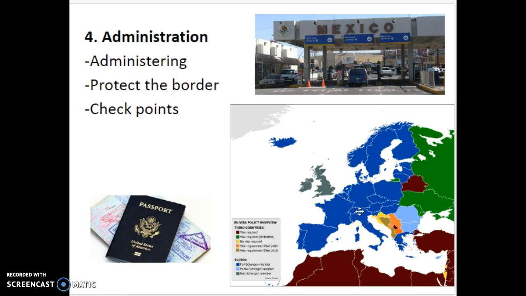Now, there are challenges with that. A few years ago we had the attacks in Paris, for example. The perpetrators of the attack were very easily able to cross through Belgium and different countries trying to elude the forces, right? Because it was very easy. There was no one stopping them, checking them, holding them up. So there are definitely pros and cons to that situation.